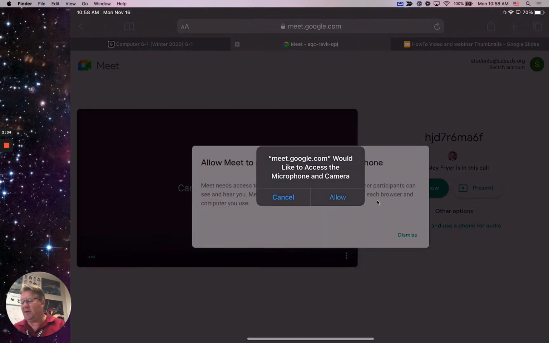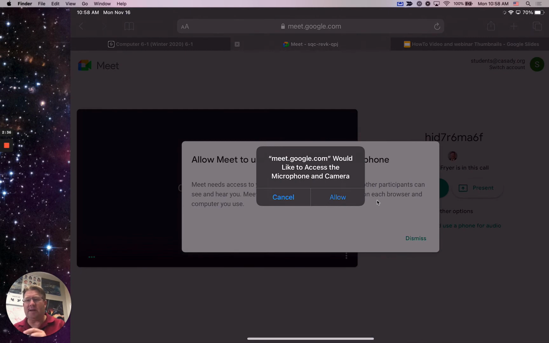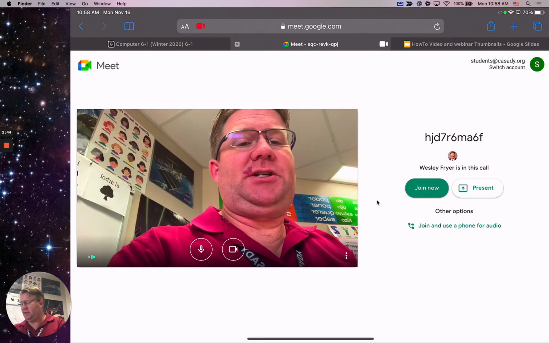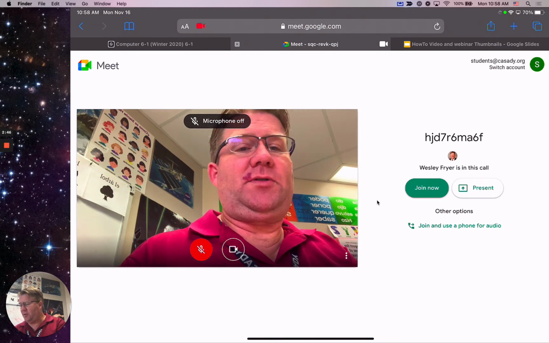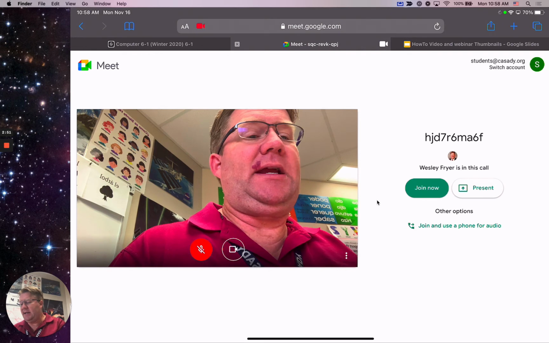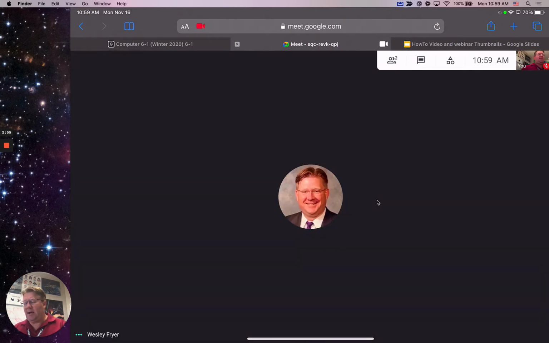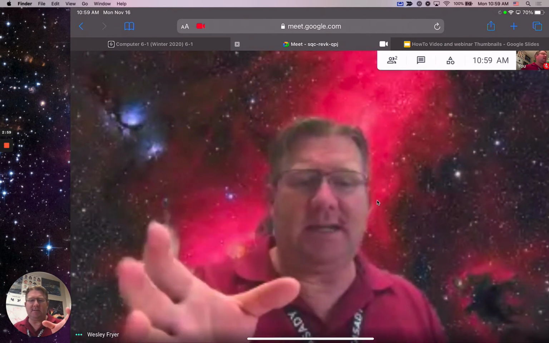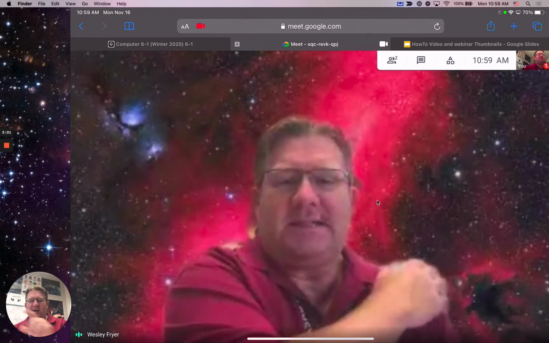Now that I don't have the Gmail app on, it's going to work fine inside Safari. You want to allow your microphone and camera, and in this case again, I'm going to turn off my microphone because I don't want to have echo here on my recording, and I'll go ahead and join as a student, so we'll be able to see what this looks like. All right, so I am joining as a student, and I can see myself there because I'm connected here with